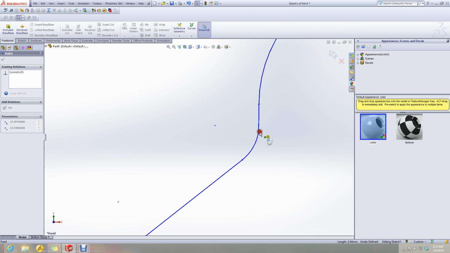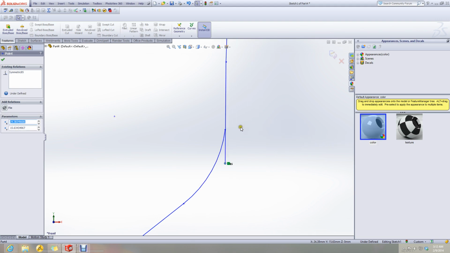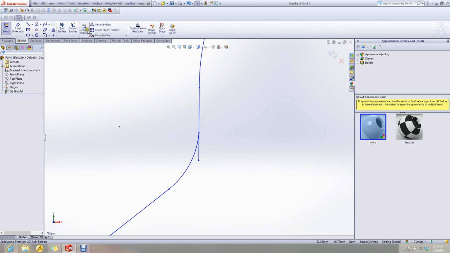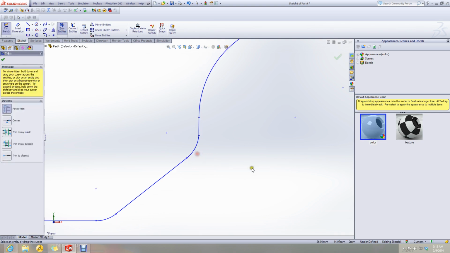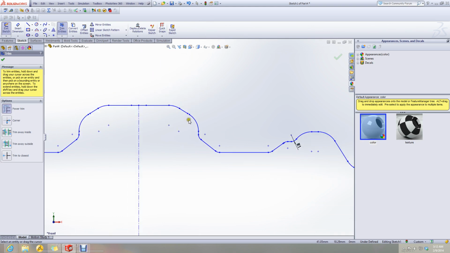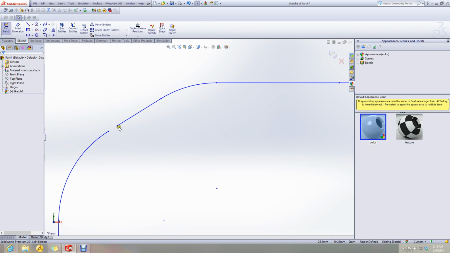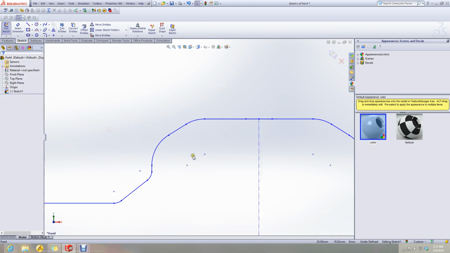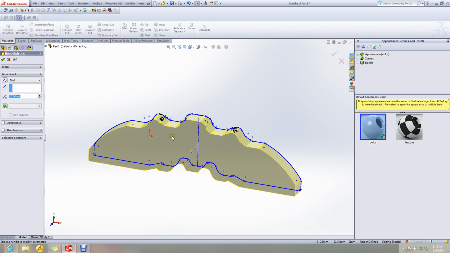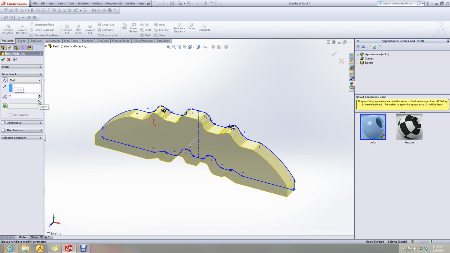Okay, here I got it. Now I hope I can extrude it finally. Oh yes, this is 26 millimeters.